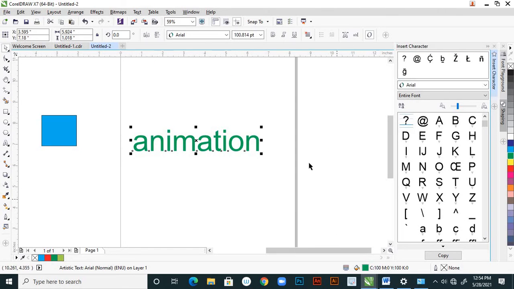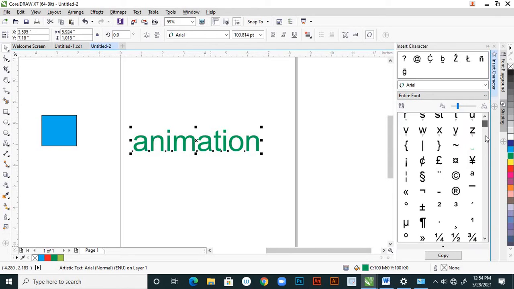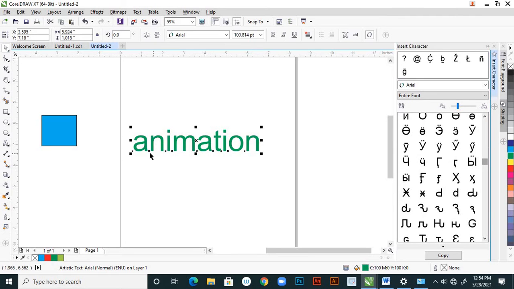So here your characters are there. First you have to check your actual font. This is Arial, and in this also you can check the Arial number. And in Arial, suppose, see, these are the options. Suppose in the particular area here you want to add some character, right?